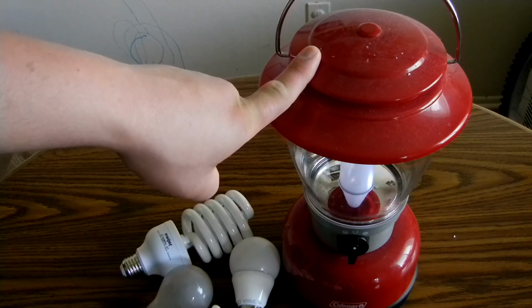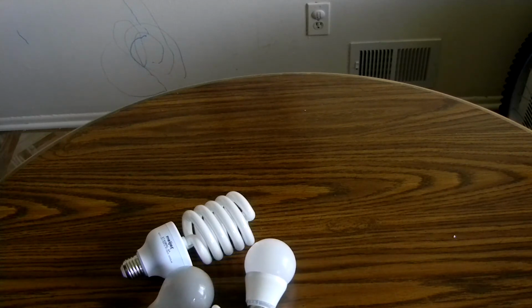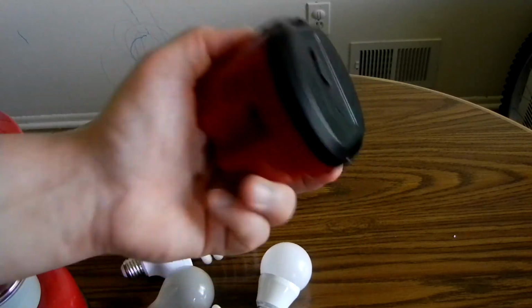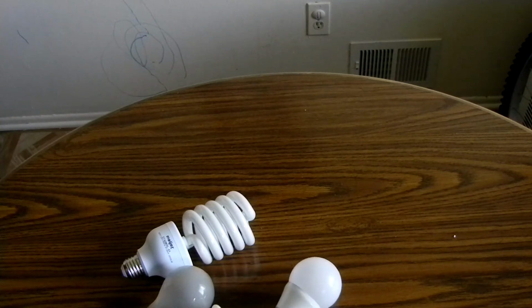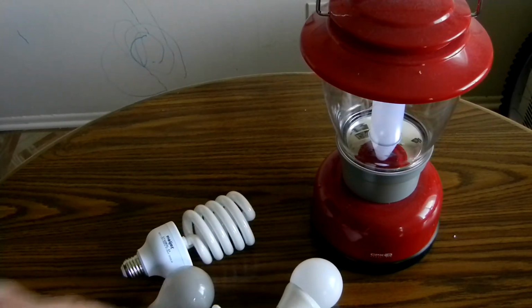It was only $15 for this lantern, and believe it or not, they also had some rechargeable lithium-ion batteries. I got those for $10, so between the two, I've got $25 invested into this really bright lamp. Not only is it good for emergency purposes, it's great for emergency power, but I actually use this